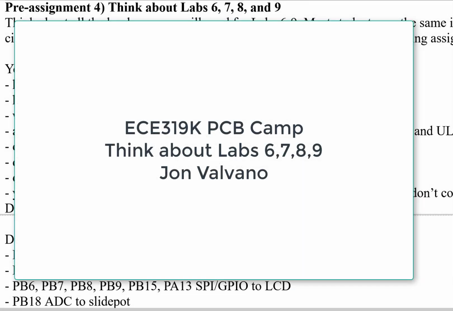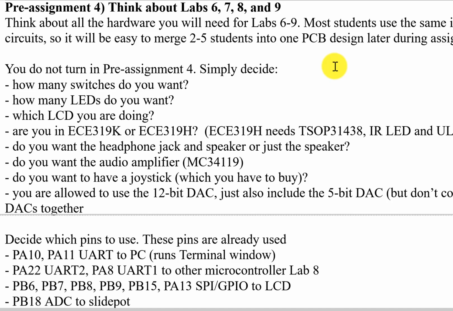Hi, John Valvano here, and before we start building a printed circuit board, let's think about how we're going to use it. What I want you to do is look forward to Lab 9, okay? And ask yourself the question, what kind of game are you going to play? Next, given the kind of game you envision for your Lab 9,